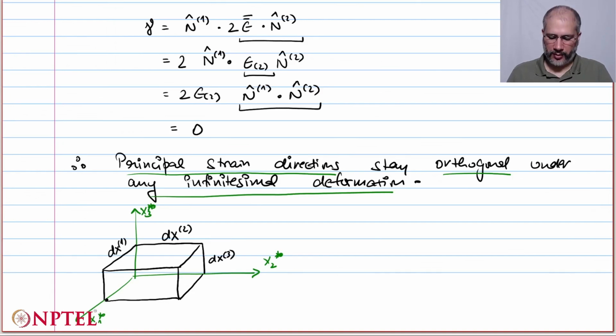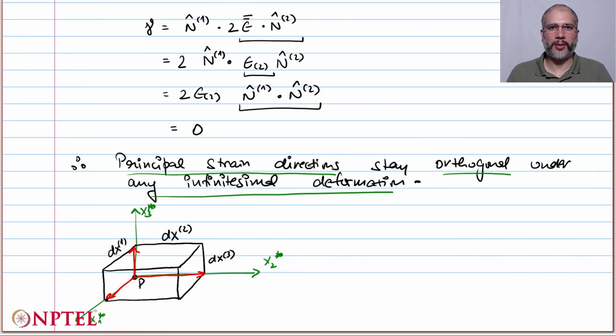So you can see this. If this was my point P, then I basically have these three directions for my dX1 vector, dX2 vector, and dX3 vector. So I've taken a cube element which is oriented along my principal coordinate system in this case. And please remember that this element is very small because the sides of this are simply dX1,